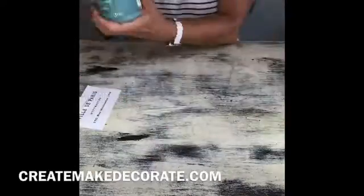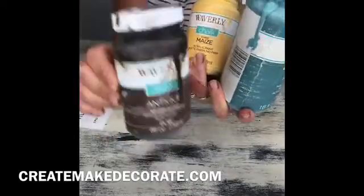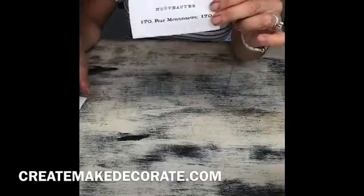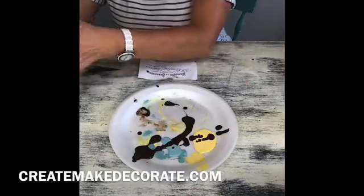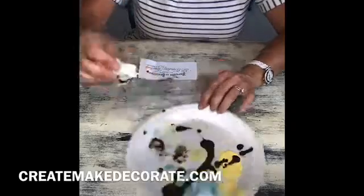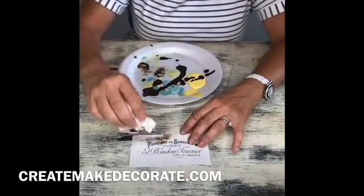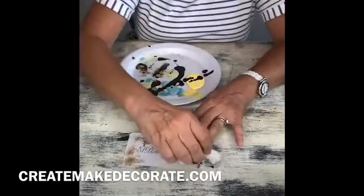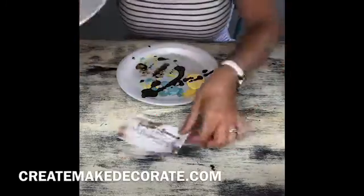For today's project, we're going to turn a Dollar Tree candle into a cute kind of Pottery Barn French country style candle. So what you're going to need is a tall white candle from the Dollar Tree. Also, you're going to need some of the rope from the Dollar Tree. You're going to need some paint. I use the Waverly chalk paints, also the Antique Glaze by Waverly. The paint colors that I'm using from Waverly, the yellow one is called Maize and the turquoise one is called